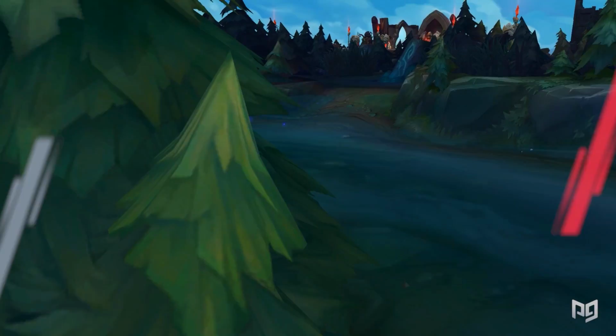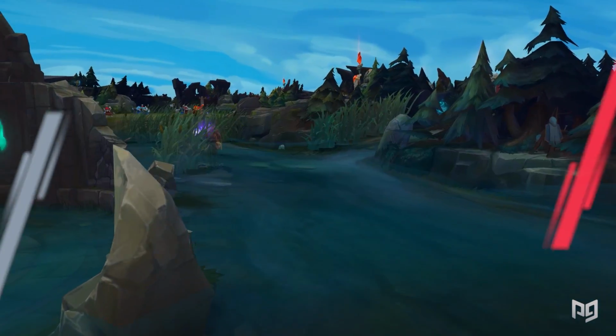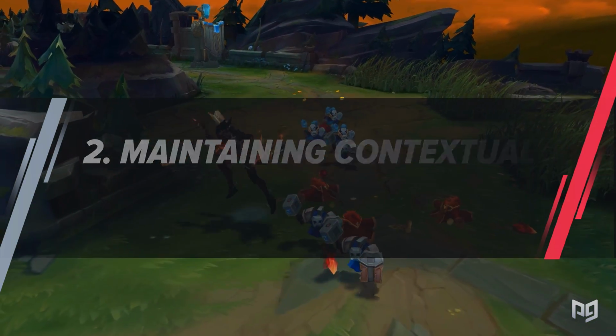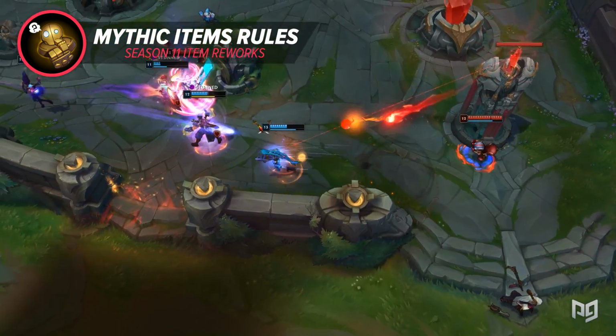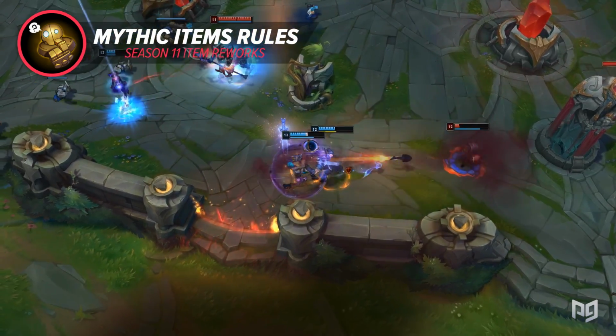The parameters on the table are aimed at number 1, ensuring there are no balance outliers on the mythic system, and number 2, maintaining contextual item choice from game to game. By this table, an item is generally too overpowered if it's purchased too often across its class, has a high purchase rate and notably high win rate compared to other options, or if champs outside of its intended class buy